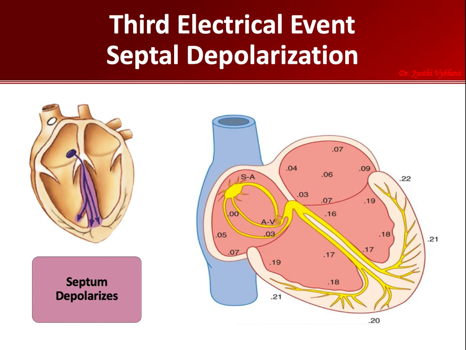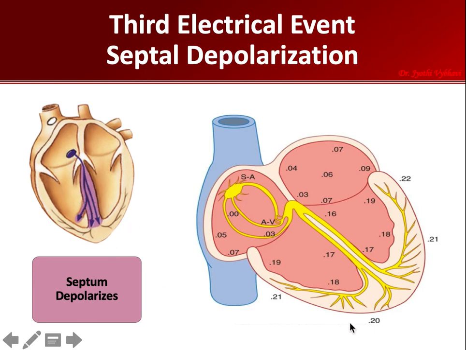Initially the depolarizing current was in the AV node, then it comes to the bundle of His. Remember that in the interventricular septum, the upper part is the fibrous part, whereas the lower part is the muscular part. Fibrous tissue makes a sleeve around this bundle of His, just like an electrical wire has a plastic covering. In the same way, the bundle branches also have a fibrous covering.